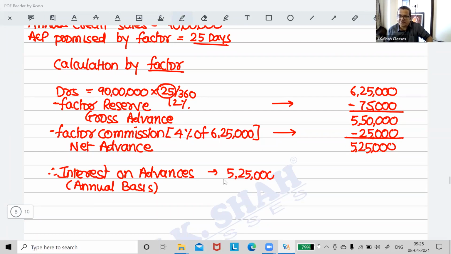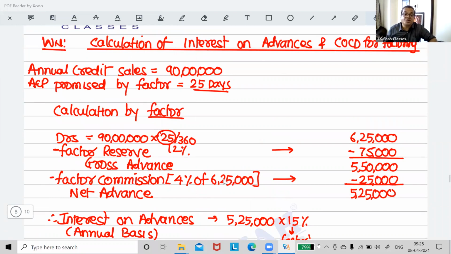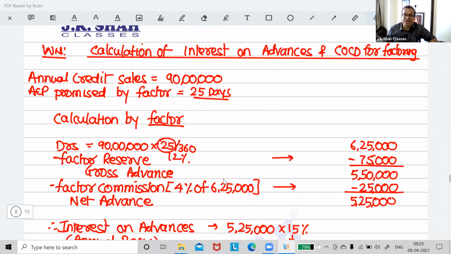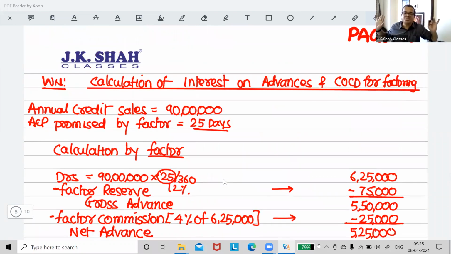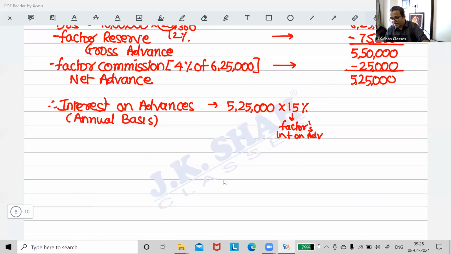So 525 into what is the rate of interest that he's charging? Check in your question, 15%. This is the factor's interest on advance. Now see what people do. They don't solve with full attention, so they say 50%, 50%, 50%. My dear friends, that 50% is to be used when you do your in-house collection. He will lend you money and say, my rate is 15%. Pay me 15%. So 525 into 15% comes to